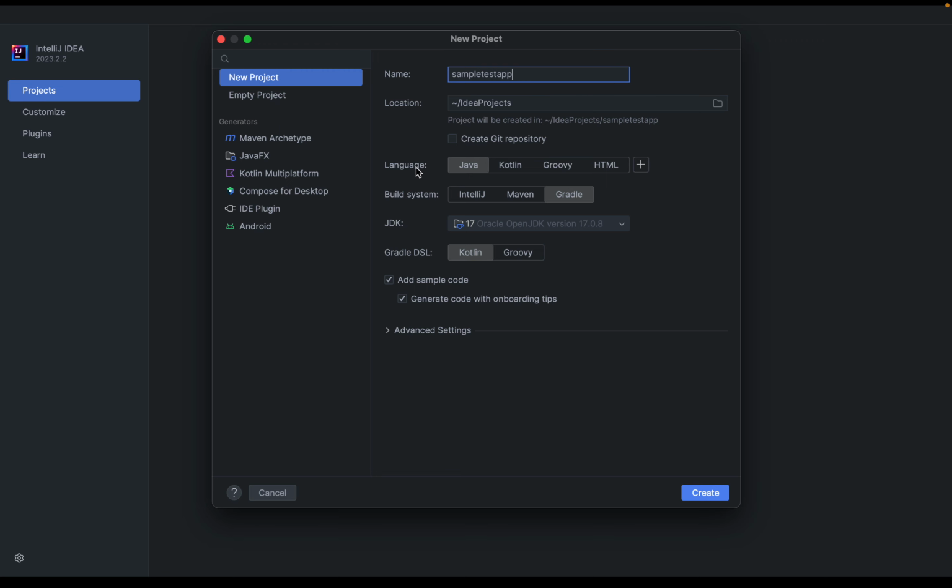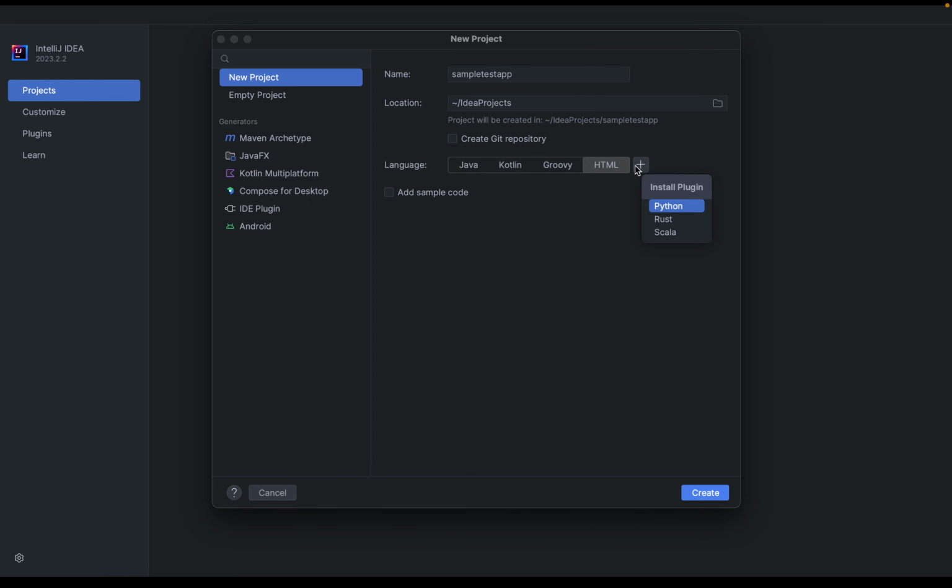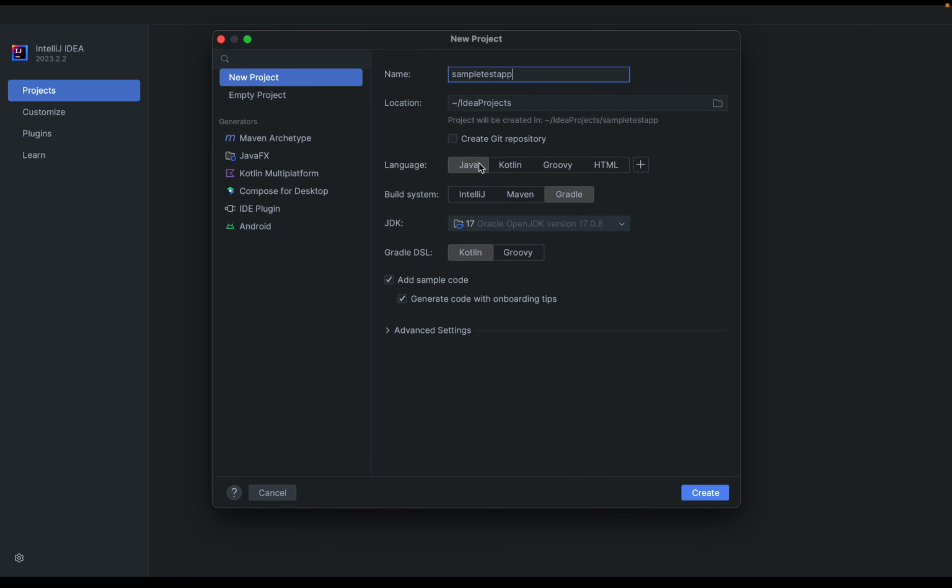And we also have languages, so you can decide to create your project using the Java programming language, or Kotlin, or Groovy, HTML. And you can also add extra plugins as well to support Python, Rust, and Scala. But for this project, we are going to be using the Java programming language, and we also have another option here that says build system. So the build system is basically a file that will be created in your project. So that file is responsible for